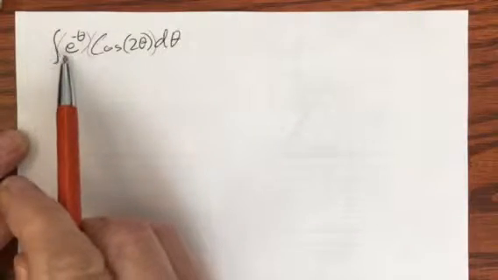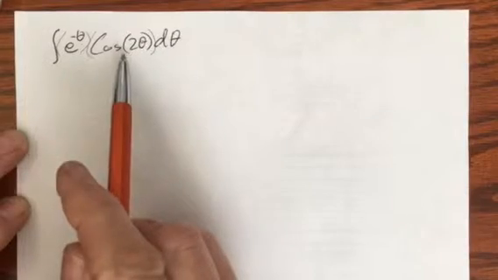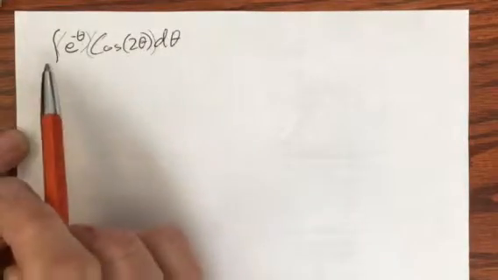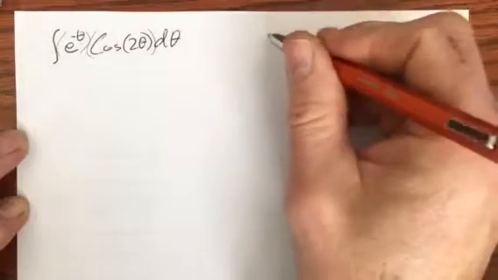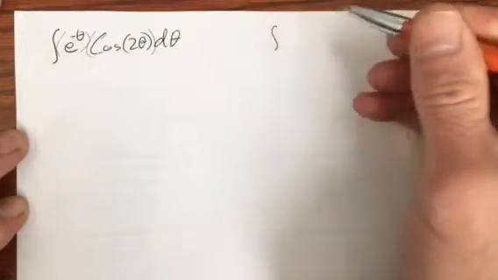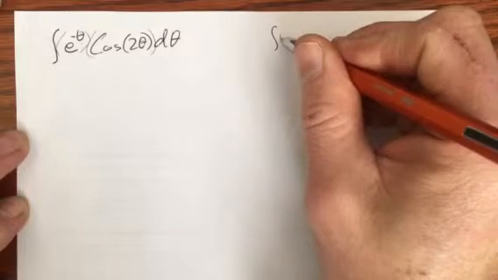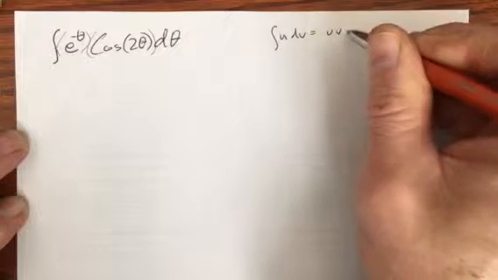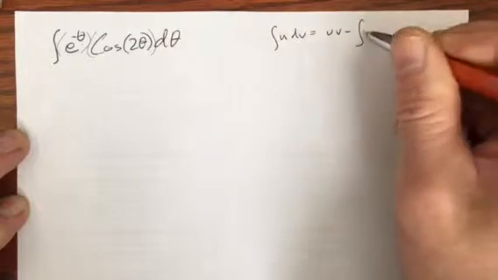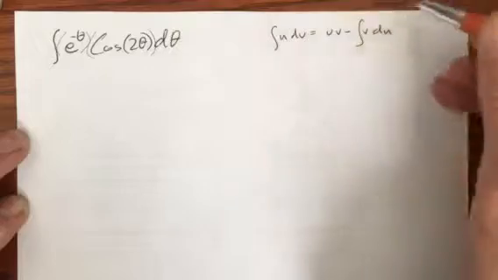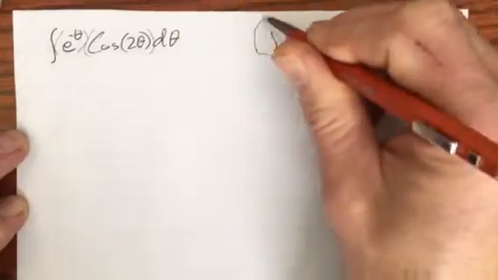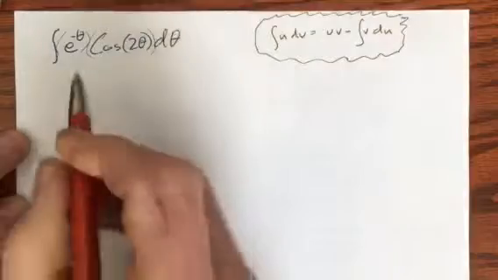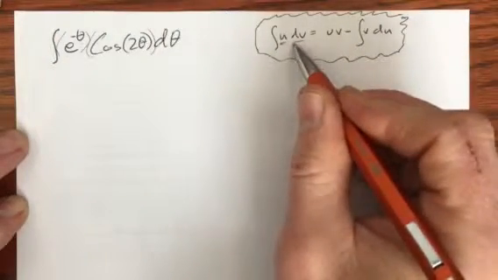Okay, this is going to be an example of integration by parts, in which you can see we have sort of two separate entities here. The formula that we're really working through with integration by parts can be written like this, where the integral of u dv is going to be equal to uv minus the integral of v du. This is the template that we start with,